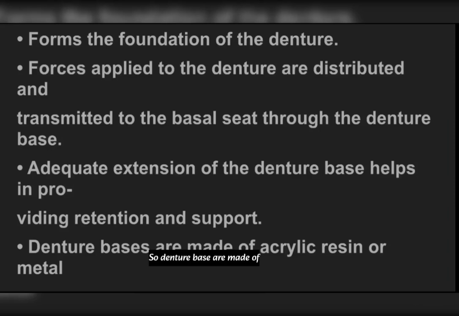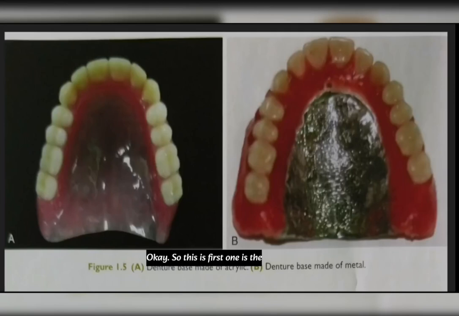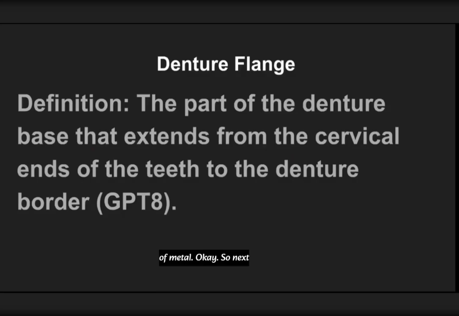So denture bases are made of acrylic resin or metal. The first one is the denture base made of acrylic. The second one is the denture base made of metal. Next is the denture flange, the part of the denture base that extends from the cervical end of the teeth